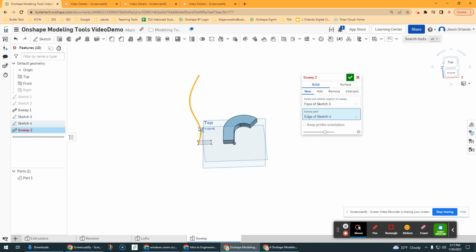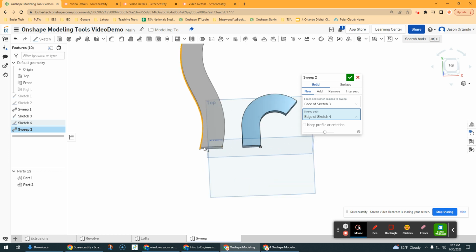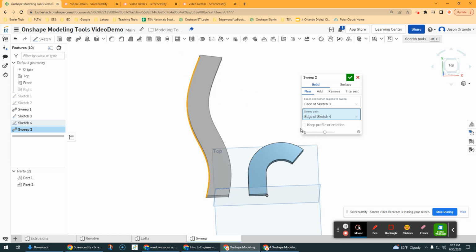along this path, which is what makes it a sweep. All right, that one works in that way, but what happens is this rectangle is really rotating as it follows that edge. So whatever angle we have to start, it's maintaining that angle throughout. So if I hit keep profile orientation, then that rectangle is never rotating or revolving at all. It's maintaining. At any time we can slice along a parallel plane to the front, and that rectangle will be still the same